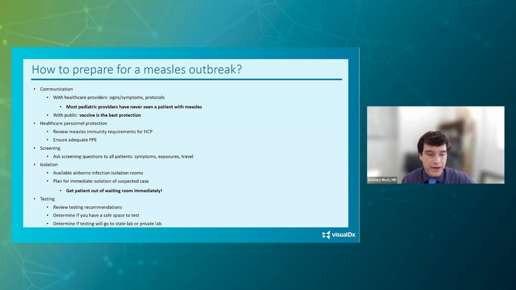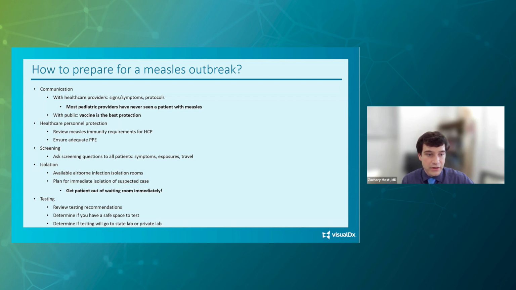So how do you prepare for a measles outbreak? These are the steps that we've been taking locally and that I'd recommend everyone start to work on, even if you're not seeing measles cases yet in your area of the country. This includes communication. You want to communicate with your healthcare providers. Similar to what we covered in this webinar today, most people are not going to be very familiar with measles symptoms. And so share what their signs and symptoms are of measles and what your local protocols are for handling patients with measles. And also communicating with the public. We've got to get the word out that vaccination is the best way to protect individuals from measles, and as a community to help us prevent outbreaks of measles in our community.